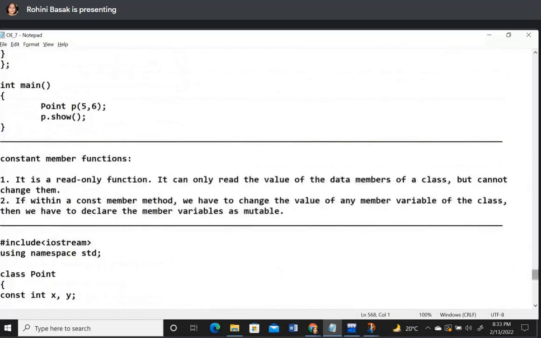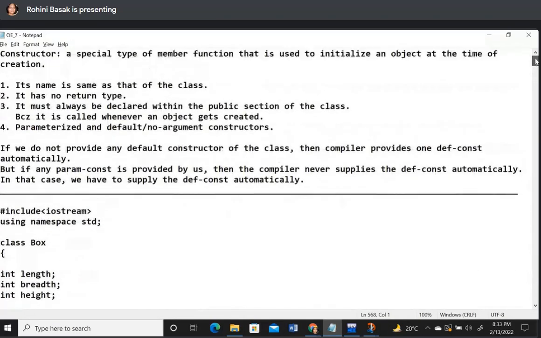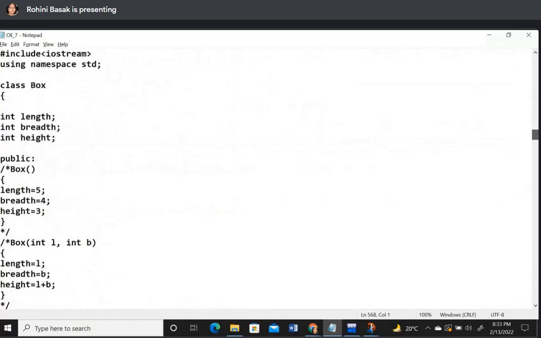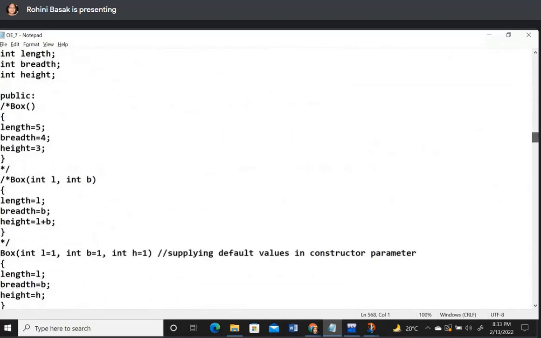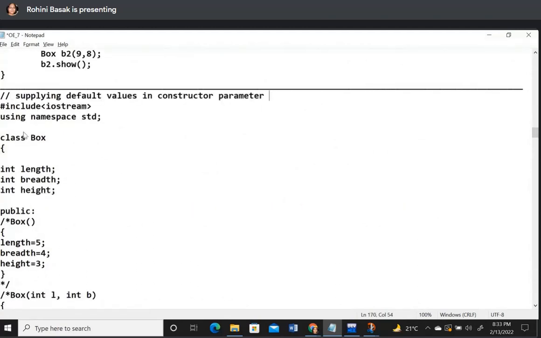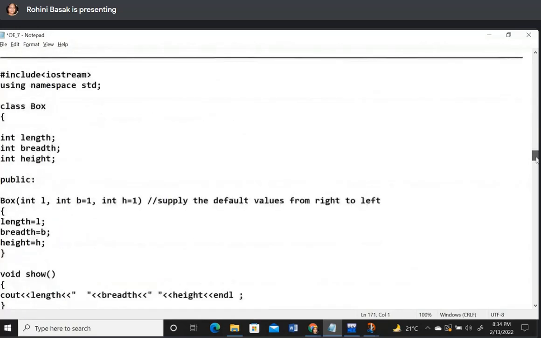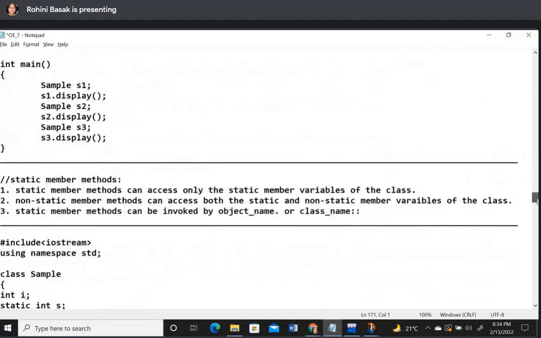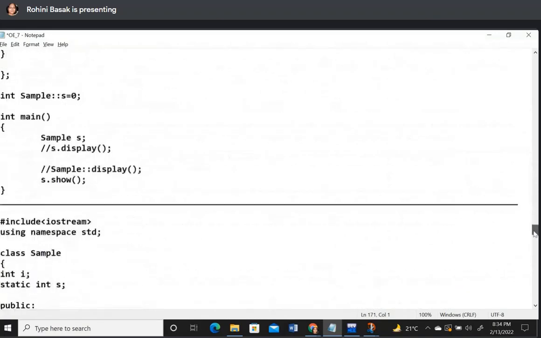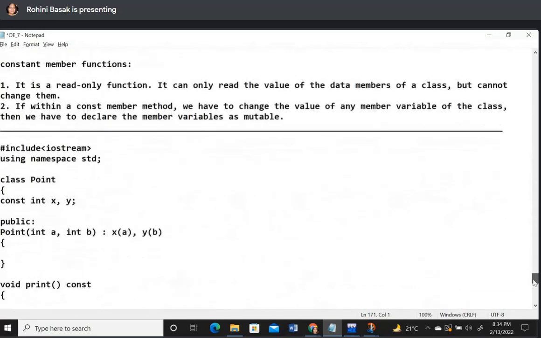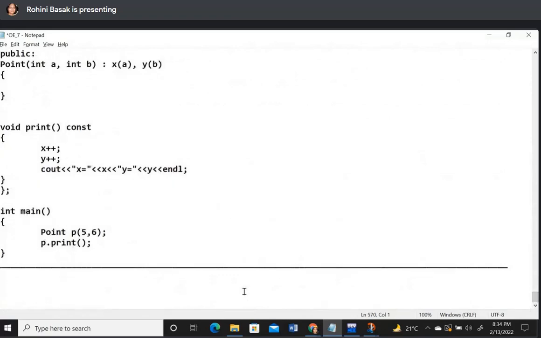তাহলে আজকে আমি কি কি বললাম প্রথম থেকে একবার দেখে নে তো। প্রথমে বললাম কনস্ট্রাক্টর, তারপরে কনস্ট্রাক্টর ওভারলোডিং, আচ্ছা, তারপরে হচ্ছে ওই ডিফল্ট ভ্যালুজ, সাপ্লাইং ডিফল্ট ভ্যালুজ ইন কনস্ট্রাক্টর প্যারামিটার, এটা আগেও বলেছি একই রকম, তারপর স্ট্যাটিক ভ্যারিয়েবলস বললাম, তারপর স্ট্যাটিক মেম্বার মেথডস, and then come the constant member variables of a class and the constant member function. ঠিক আছে, অনেকটাই হলো। নেক্সট উইকে আমি ফ্রেন্ড ফাংশন আর ফ্রেন্ড ক্লাসটা বলে দেবো, তাহলেই আমার CO1টা কমপ্লিট হয়ে যাবে।